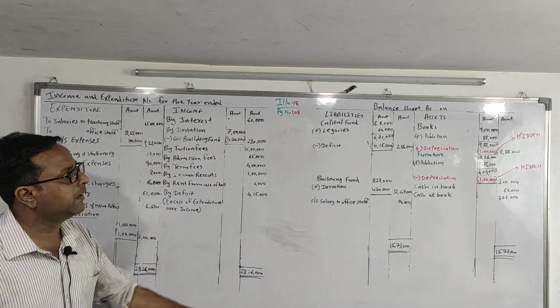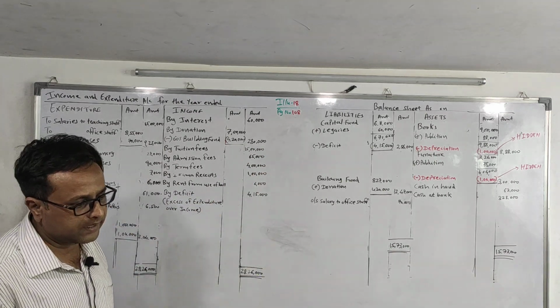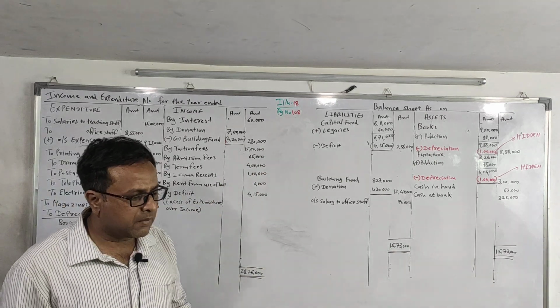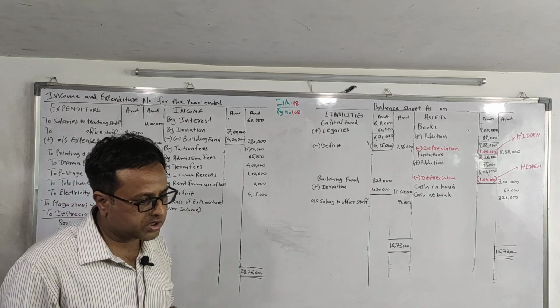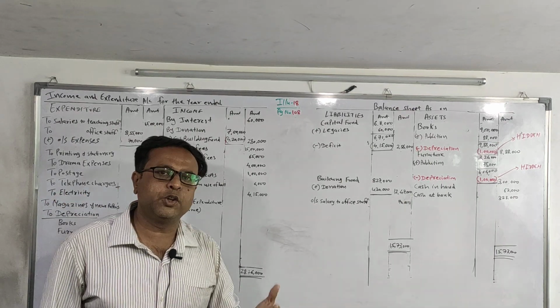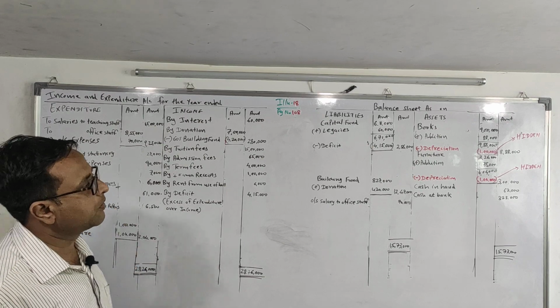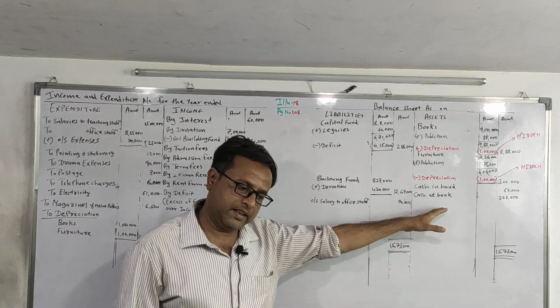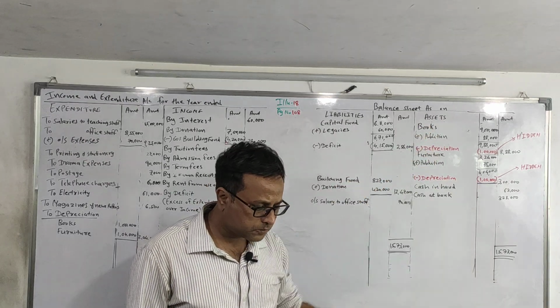Then books, we'll add to the asset. Furniture again we'll add to the asset. Drama expense we'll write on the expenditure part. Postage, telephone charges, electricity, magazines and newspaper, all this we'll write on expense side. Balance carried down, cash and bank, we'll write in asset. So we're done with our payment side posting.